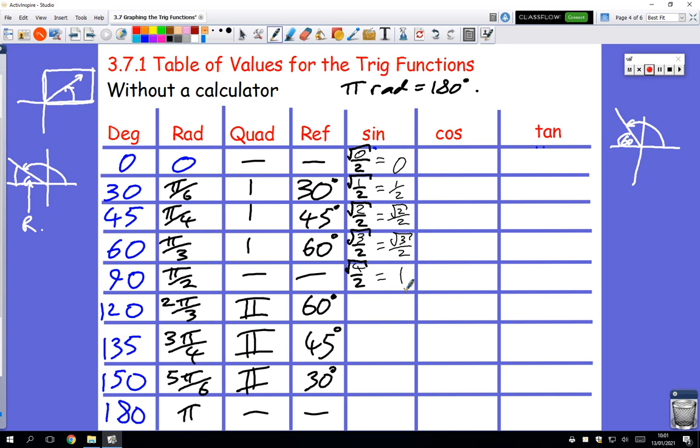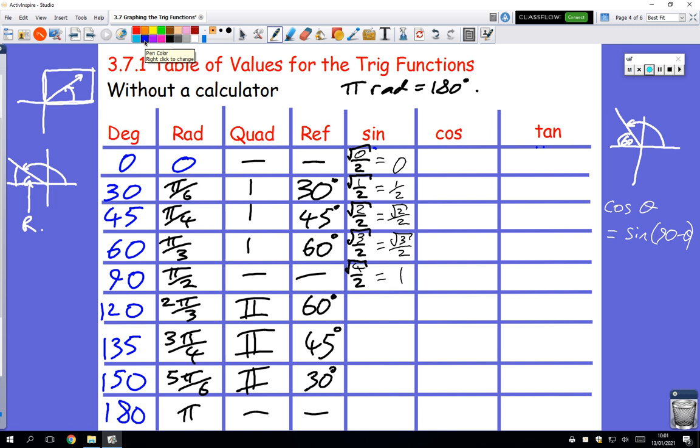Okay. One important thing to remember before I fill in cosine: cosine of any angle is always equal to the sine of 90 minus the angle. So if two angles add up to 90 degrees, the cosine of one is equal to the sine of the other. Again, that's stuff we looked at in class before, but I can start filling in the cosine now, because